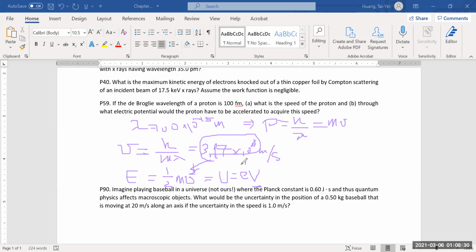And then the e here is 1.6 times 10 to the negative 19. So when you plug in these numbers, you'll find that the potential difference the proton will have to go through in order to achieve this velocity is 82.25